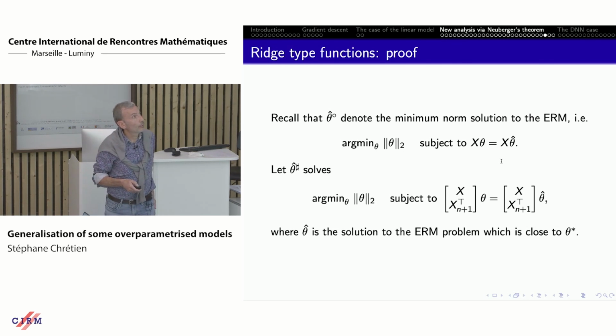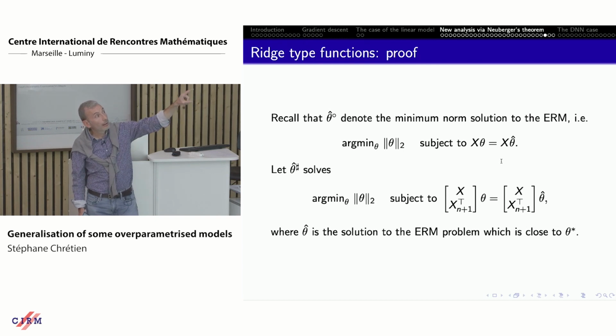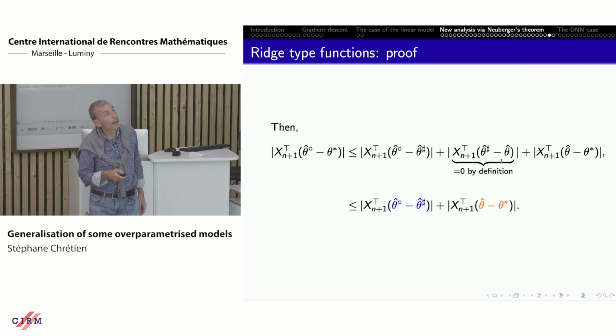So you define in two steps a guy that is minimum in norm and which is able to reproduce the estimator through X, and you do the same with the additional data X plus 1, and then you expand this, and of course this is equal to 0 because this guy has the same value when passed through X